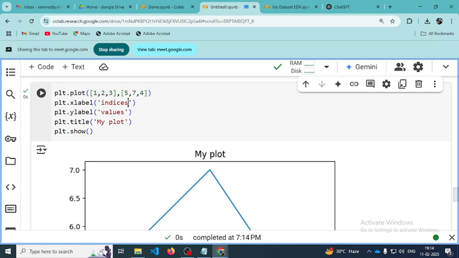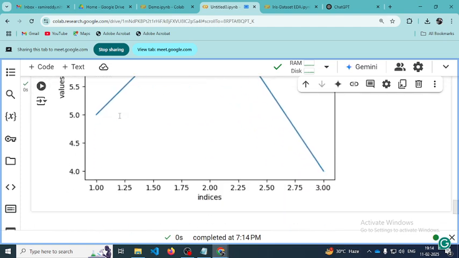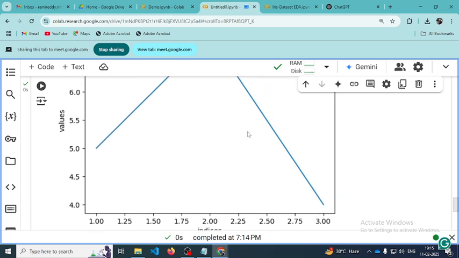Instead of indices, if you want to give some other name, you just rename these things, x label and y label values. You can plot this thing. Okay, so the next one is, for example here you have